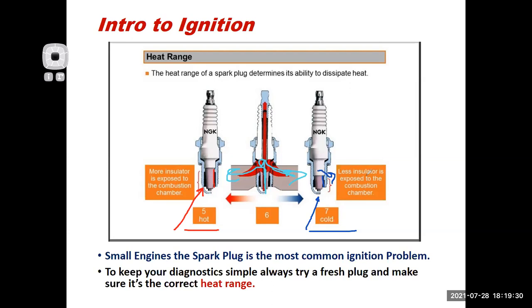So what would happen if I put too hot of a heat range in my spark plug? That can lead to detonation problems. That could lead to holes, or in this case, a divot in the piston as it started to eat away the metal of the piston, and basically lead to me melting down the motor. If I put in too cold of a heat range of a plug, you know what's going to happen? It's probably going to run for a while, and then it's going to foul out. It's not going to be able to burn off the oil, fuel, carbon contamination on there,